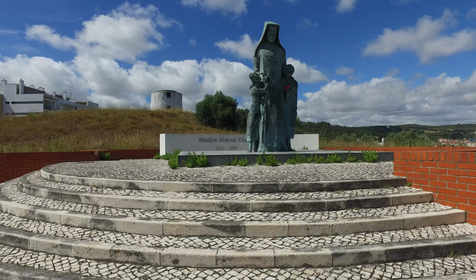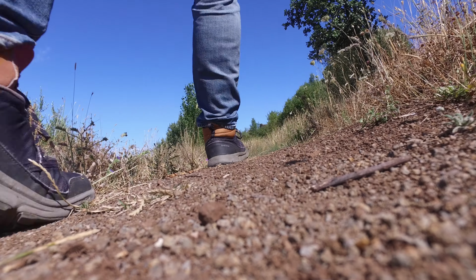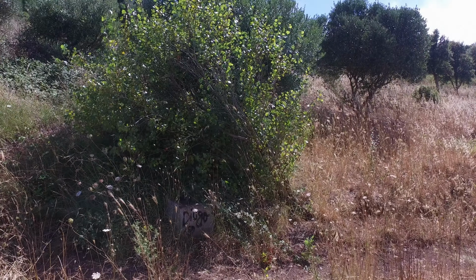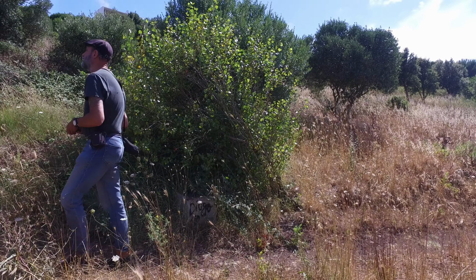And by the end of the roll, certain light leaks started to appear as well, which is a bit strange. I would be worried if this would be another camera, but well, this is a Holga. It's supposed to act like this. And I'm now approaching an old windmill, a derelict windmill, which I photographed with my 4x5 about 2 months ago. And I'm here for a very specific reason. I'm here to shoot the Holga